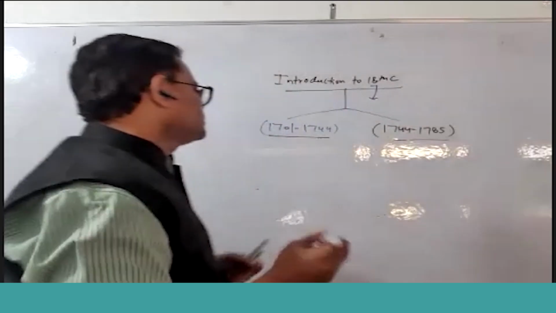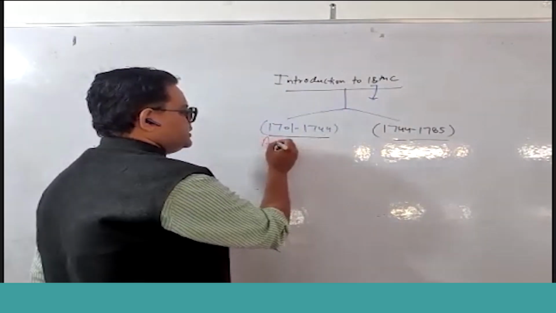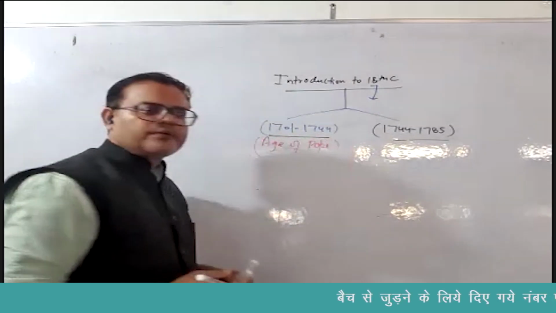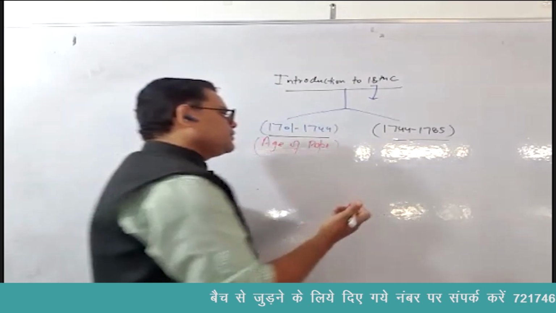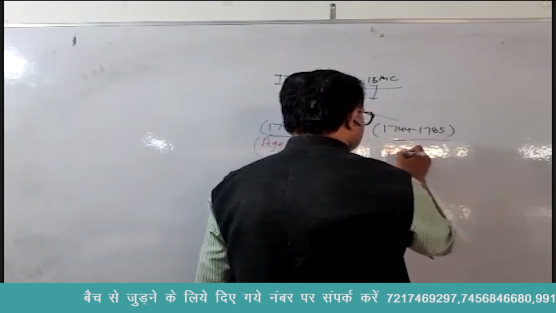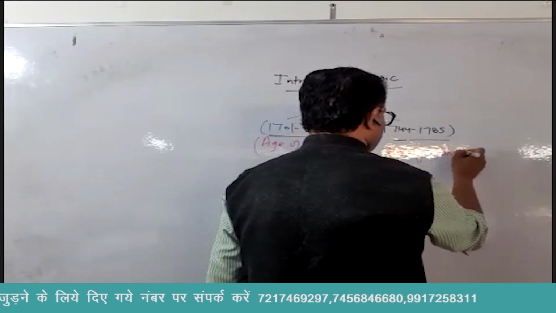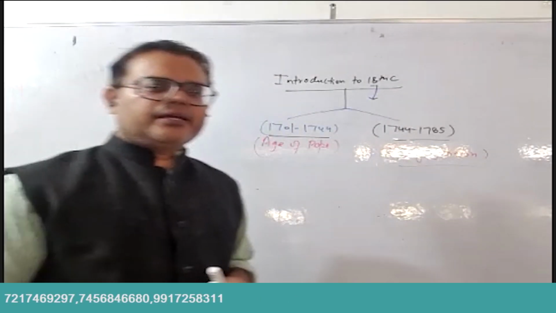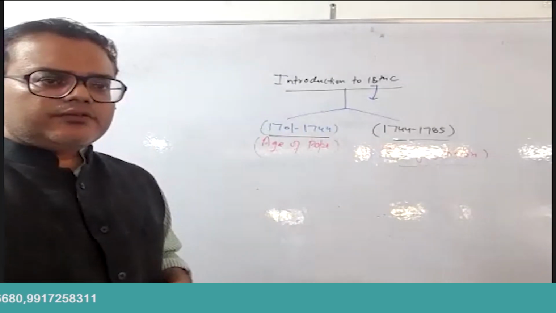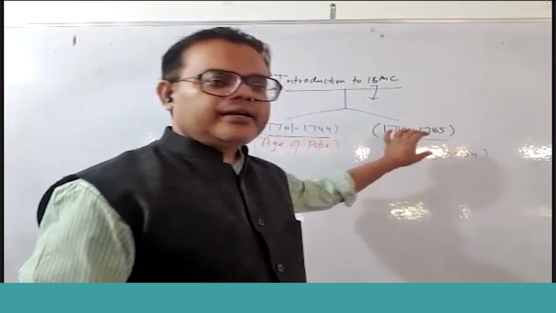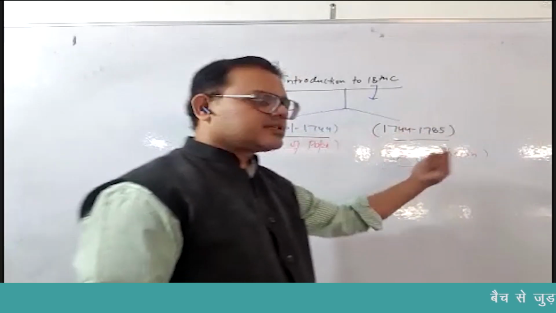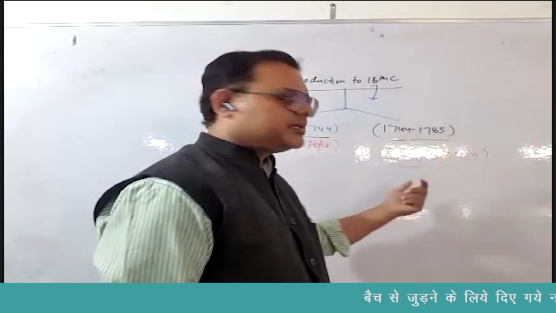So we can divide this century into two names. First is the legendary Alexander Pope. So we call it the Age of Pope. And the second half of 18th century is the Age of Johnson, another legend of the 18th century. So we can say Age of Pope and Age of Johnson. For those who are getting a kind of shadow on the board, I am just naming the writer because a kind of light is coming on the board.